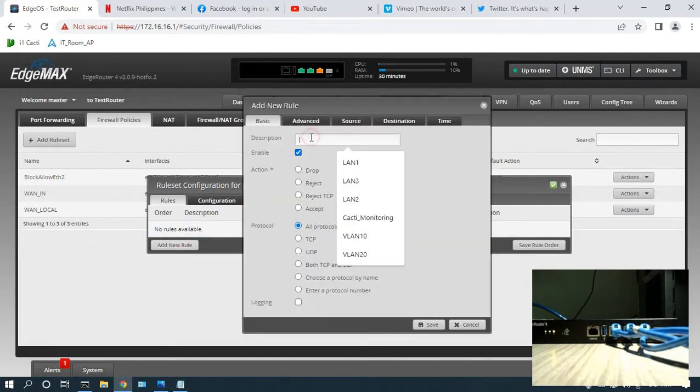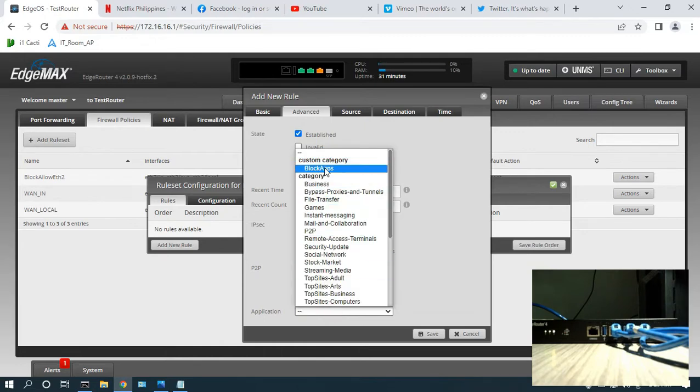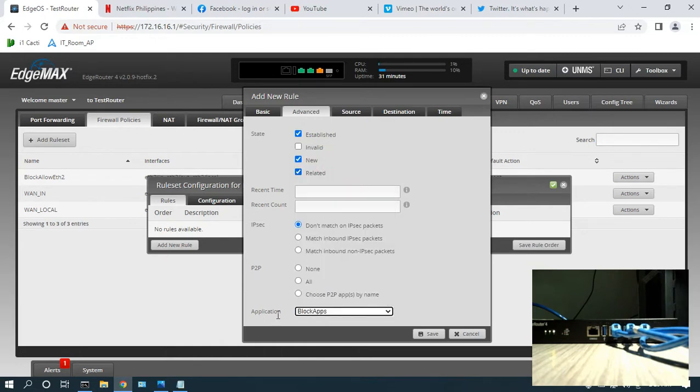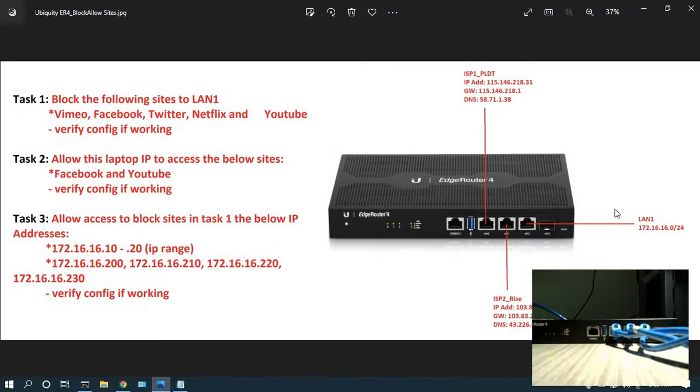Add new rule, and the description is block apps. For the action, I'm going to select reject, then all protocols, advanced, established, no related, don't match IPsec, and application, select block apps. The application we selected contains the websites Netflix, Facebook, YouTube, Vimeo, and Twitter. Now for the source address, since we're going to block the whole network in LAN1, which is 172.16.16.0/24,